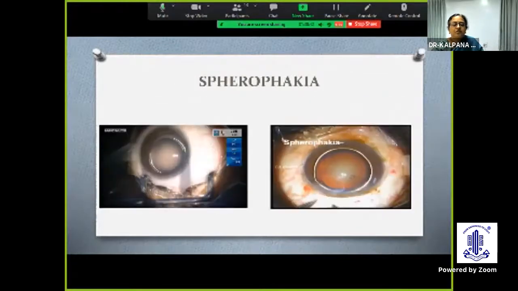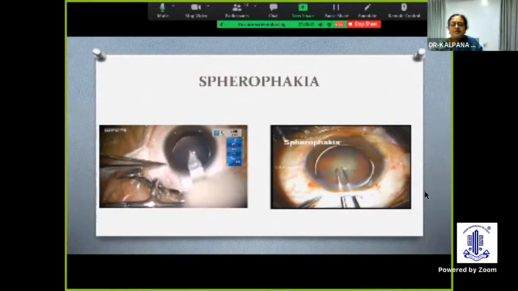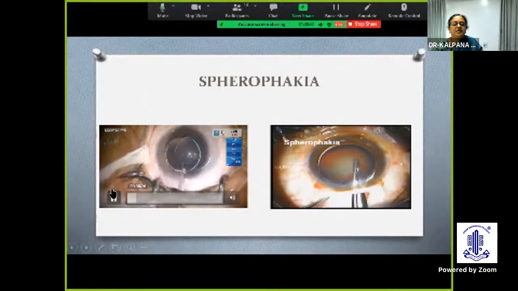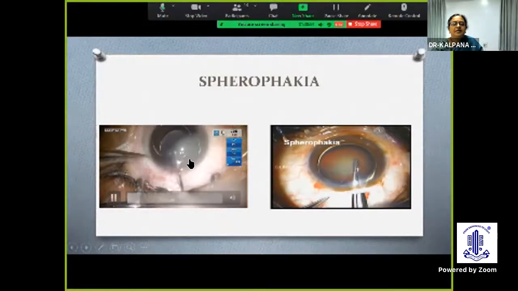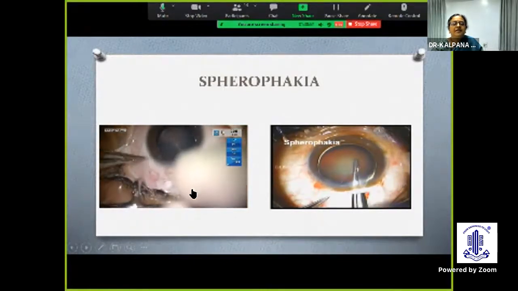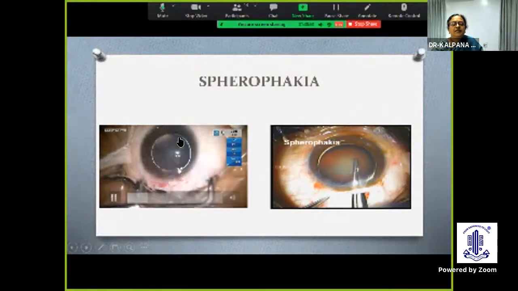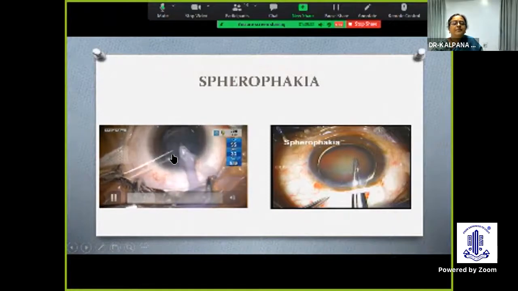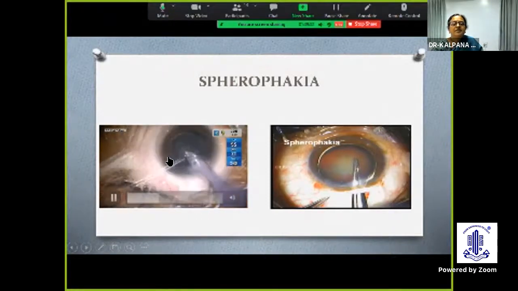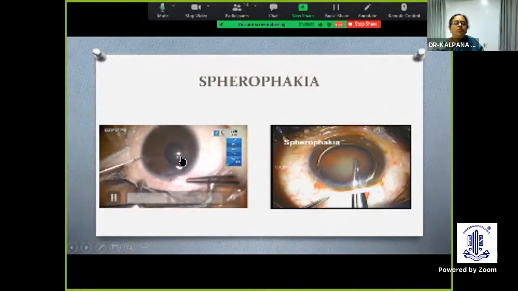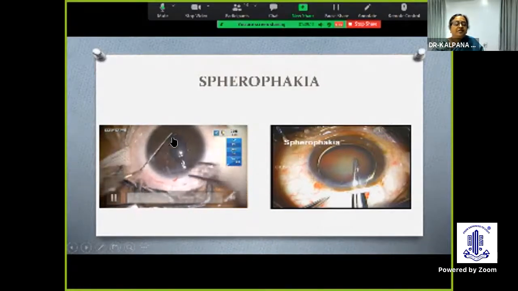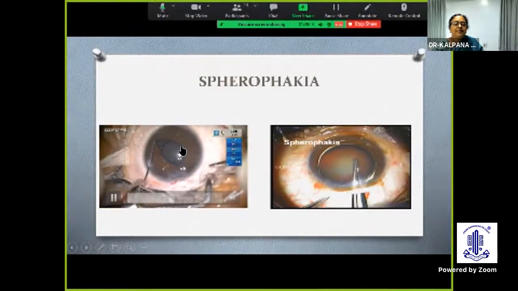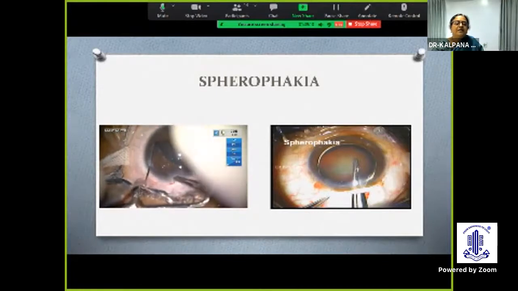So this is spherophakia. We all know it, I think I'll show this video first. It's a unique condition, where you can see the anterior posterior diameter is long and the equatorial diameter of the lens is small. It can be associated with Weill-Marchesani syndrome. And the caution should be that sometimes it can anteriorly get subluxated. It can cause a pupillary block glaucoma, and it can cause corneal decompensation, or sometimes even trivial trauma. We have seen patients where the whole lens is in the anterior chamber.